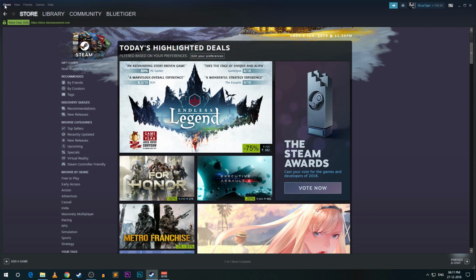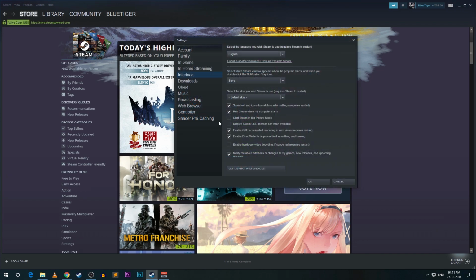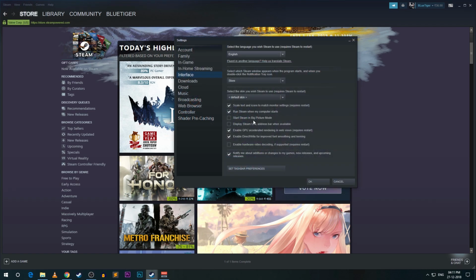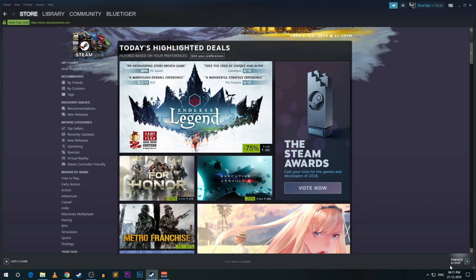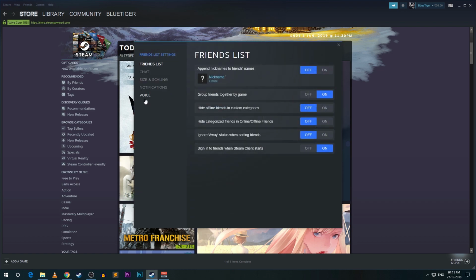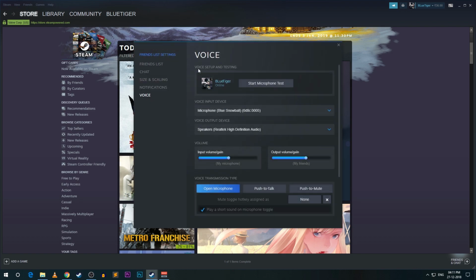So before the update, the mic settings used to be here in the interface section. Now they have changed from here to here on the right corner of friends and chat settings. And you have to click on this gear option, then you can find the voice settings here, voice setup and